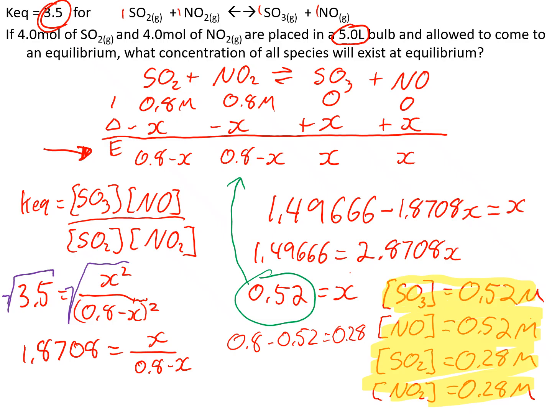You don't have to do this part if you really don't want to. But if you're ever unsure about this, and it doesn't work for all of the questions, what you could do is plug these values right here back into your KEQ expression, and it should equal 3.5. So if I go SO3 and NO, so in other words 0.52 squared, and then I divide it by 0.28 squared,